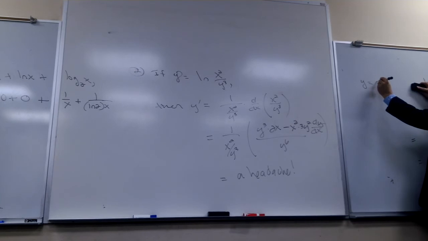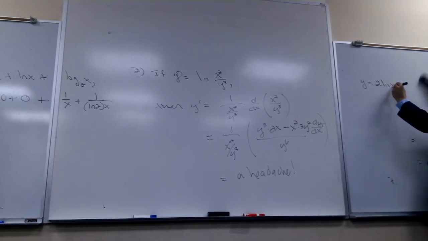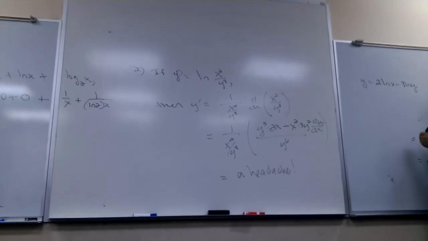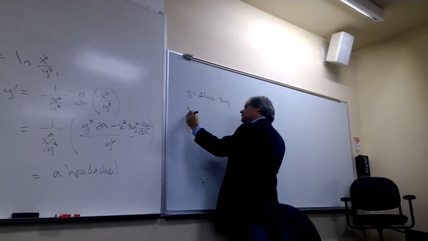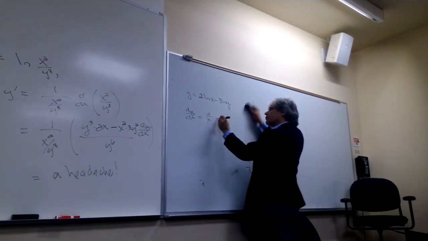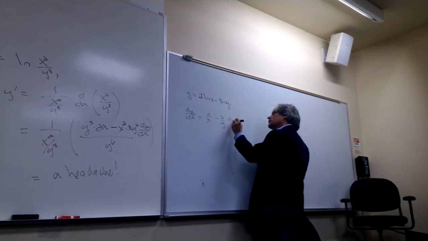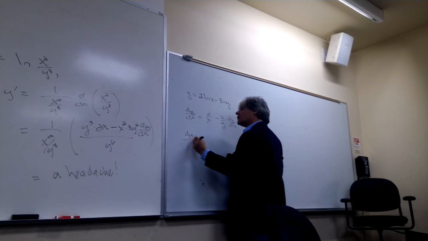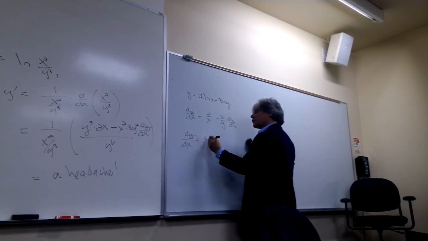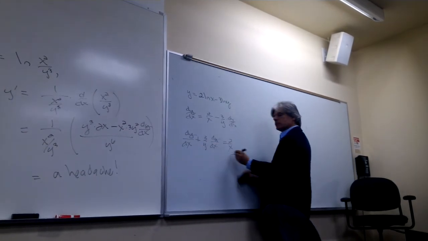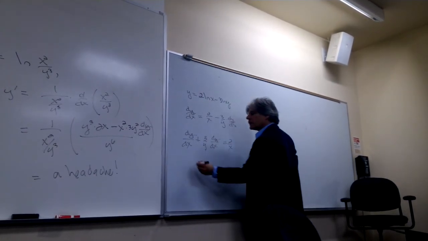Natural log, 2 natural log of x minus 3 natural log of y, and differentiate implicitly. And I see that dy/dx is nothing more than 2 over x minus 3 over y times dy/dx. Oh, that means dy/dx plus 3 over y dy/dx is equal to 2 over x. But that means 1 plus